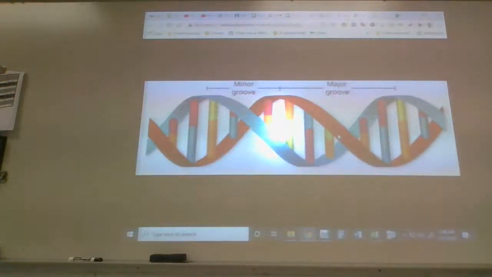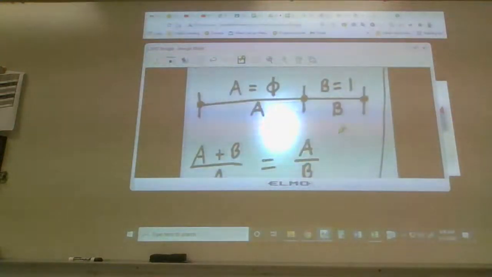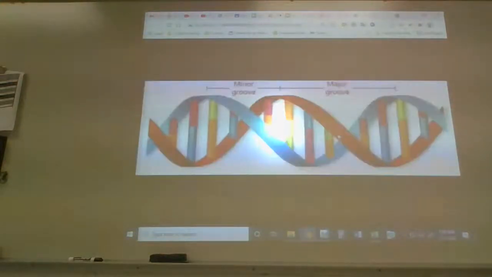Now, obviously, DNA comes in a spiral. But as the spiral kind of goes around, each of these spirals are within a proportion of phi to each other, depending on where you measure it from. And you can even see right at the top of the screen where they have something called a minor groove and a major groove. And that looks strikingly similar to the very first thing that we drew today, this line where I labeled it A and B, where I was able to get the exact numerical value of phi. Major and minor groove. Absolutely insane.